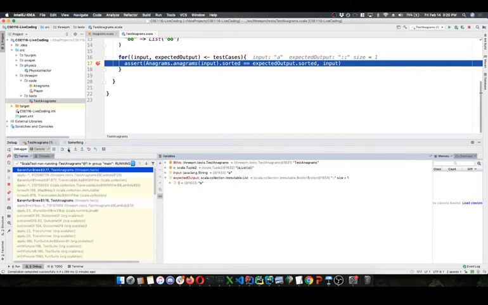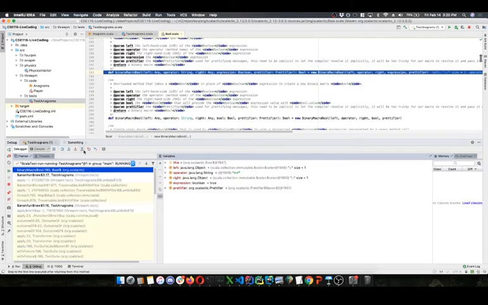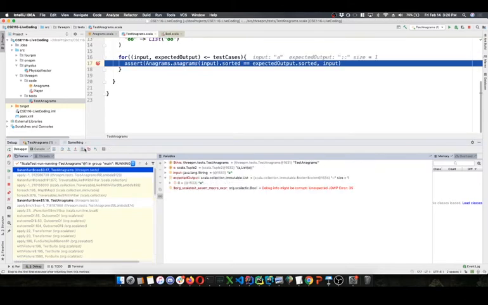Check if the list containing just A is equal to the list containing just A after sorting. That's going to be true. We're going to get into a whole bunch of other stuff. Change the step out of button. That's going to take me out of the current method. I don't really care what's happening with the assert method call, so I'm just going to step out of that. Step out.